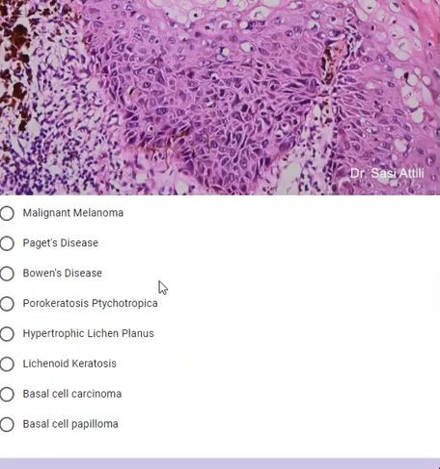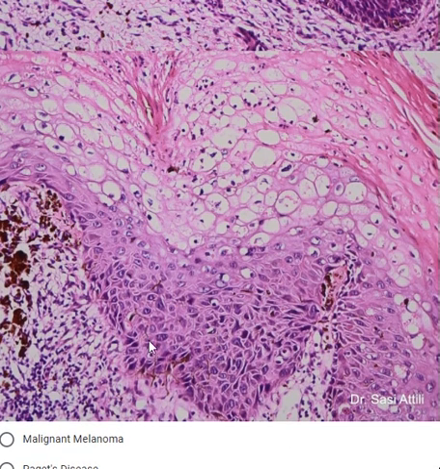Okay. What are the other differentials? Malignant melanoma, well, there is pigment incontinence, but this is not a melanoma, because there are hardly any melanocytes. Melanocytes are sort of these clear cells at the basal layer. There's one there, probably one there. So these are melanocytes which have a clearer cytoplasm with an eccentric nucleus, the nucleus is pushed towards one side. So these are probably melanocytes.